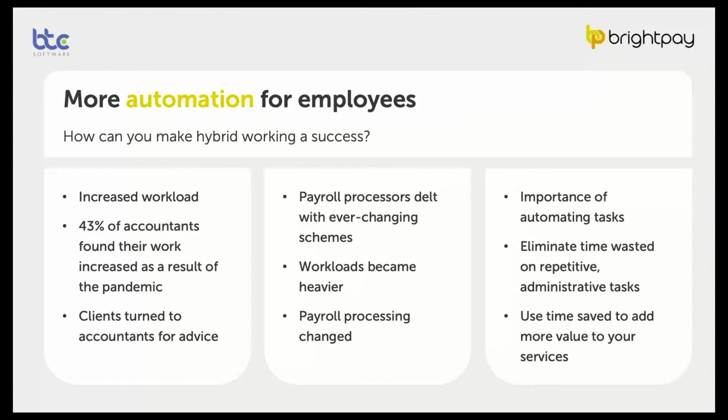For many small businesses, their accountant was the first person they turned to for advice on government schemes, such as the SEISS and the CJRS. For those working in payroll, keeping up to date with the ever-changing furlough scheme took centre stage. Workloads became a lot heavier as a result, and everyday life of payroll processors was profoundly affected by the impacts